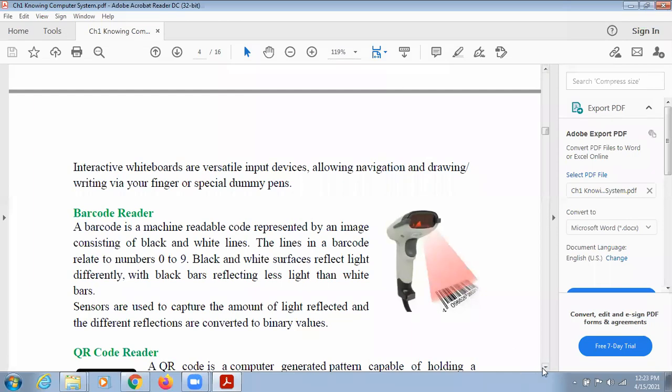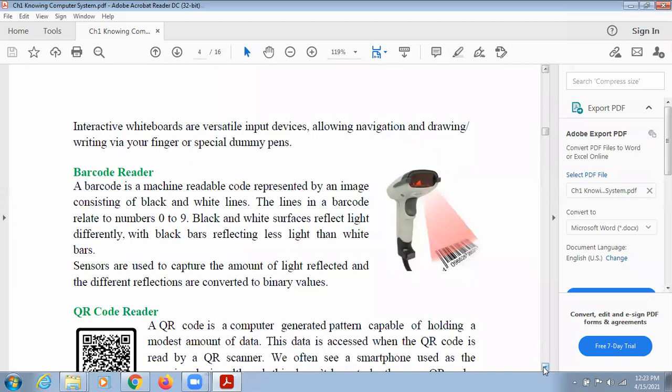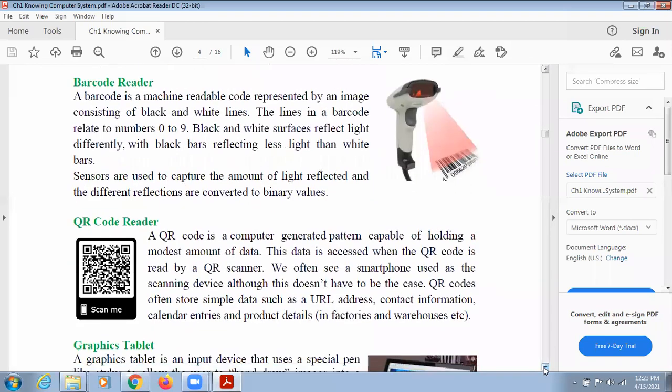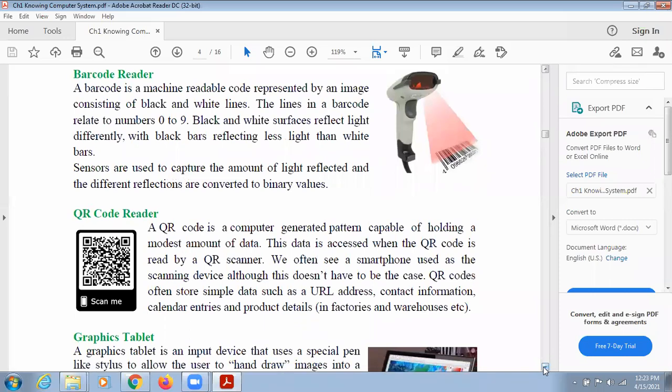Next is QR code reader. In Mother Dairy or maybe in the taxis, the Uber and Ola cabs, you must have seen these QR codes. So what do these QR codes do? Using these codes, you can scan the code and the information related to that, maybe the shop or maybe the card holder, it will come inside your computer, and accordingly you can do the billing.